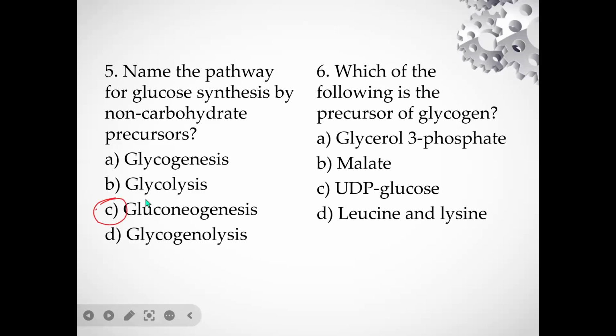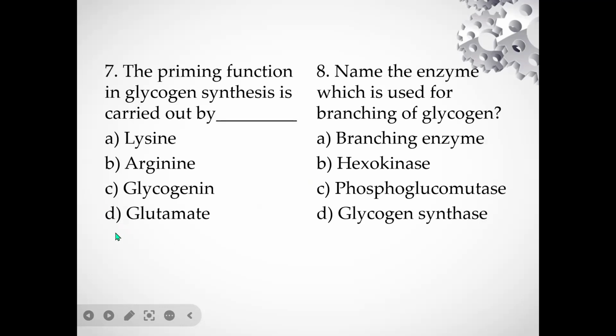And then question 6, which of the following is a precursor of glycogen? In glycogen synthesis, there are precursors used to synthesize the glycogen, and of course the activated form of glucose that is used in glycogenesis is UDP glucose. Then the next question says, the priming function in glycogen synthesis is carried out by A, lysine, B, arginine, C,